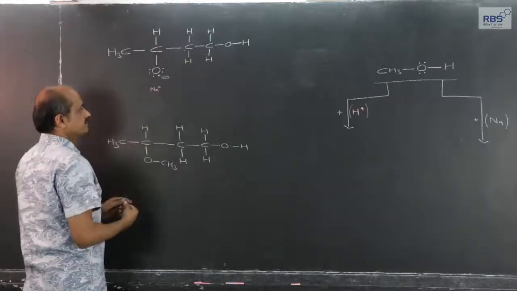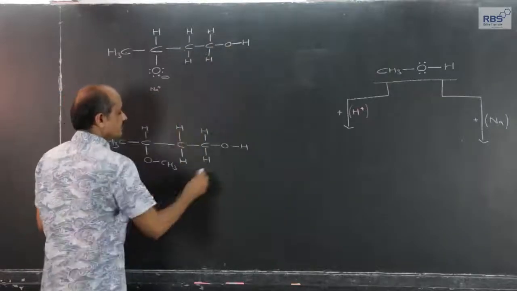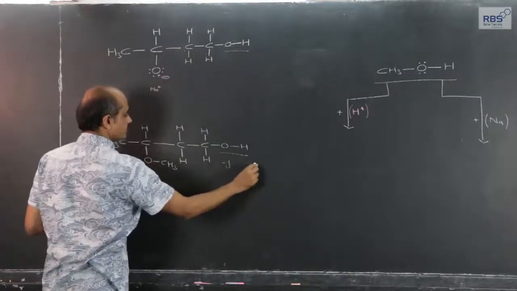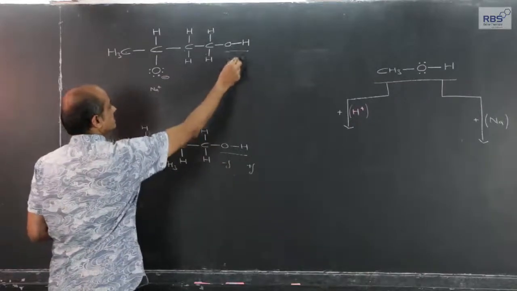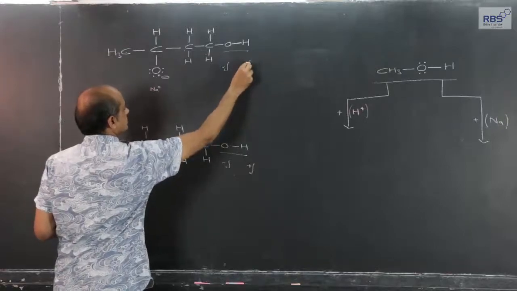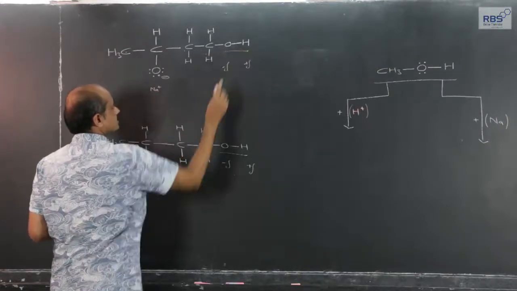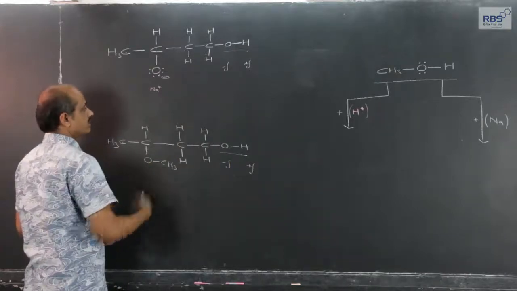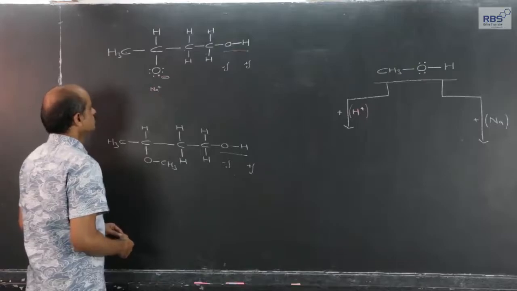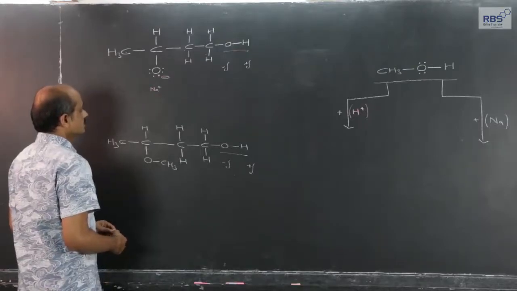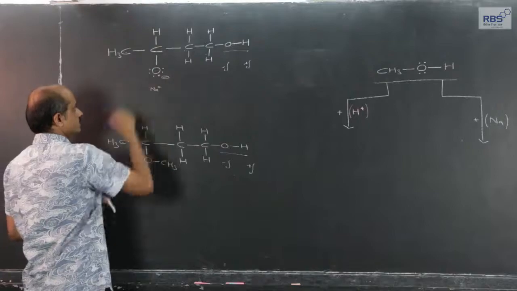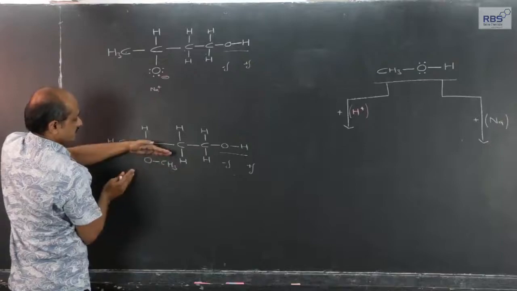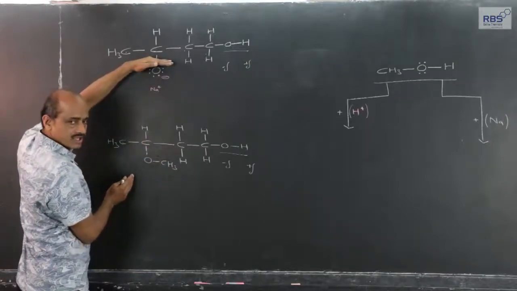How do these affect the polarity of the OH group? The OH bond is polar. Here also the OH bond is polar. Delta negative oxygen, delta positive hydrogen. Same is applicable here. Oxygen is more electronegative than hydrogen, so it pulls the shared pair of electrons towards itself. We have considered it earlier also. Everything else is the same in both the cases. Here it is the methoxy group, here it is the alkoxide ion.